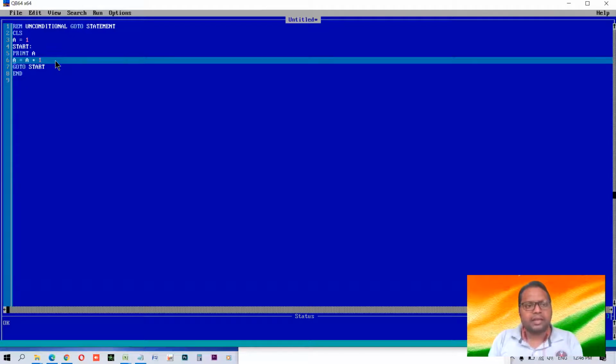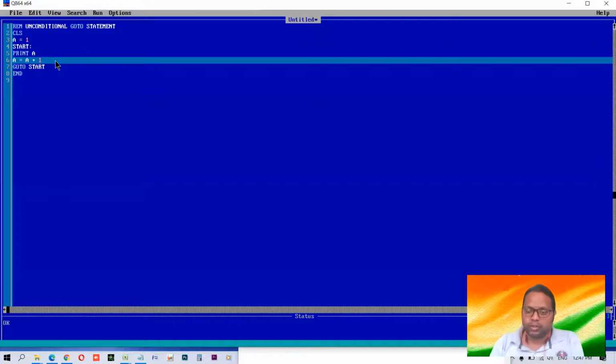Now what I'm doing, a is equal to a plus 1. What does this mean? This particular line is very important. Not only here, it works in all other programming languages; this particular line of code has some specific meaning. You will see this in the subsequent programs. So try to understand what it is doing. Very simple, yet very important. What we are doing, we are assigning a new value to a, what? The existing value of a plus 1, means whatever the value of a is right now, which is 1, plus 1. 1 plus 1 would become what? 2.